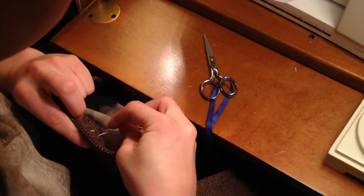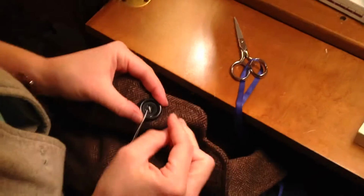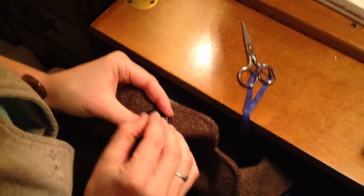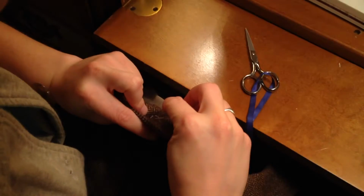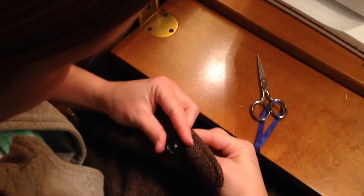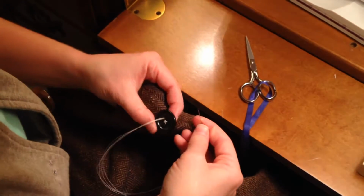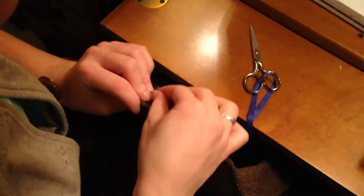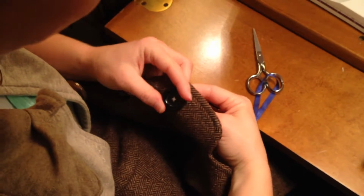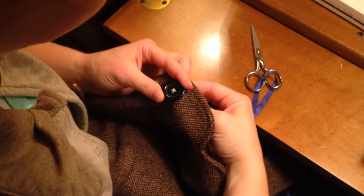So to continue the pattern, we'll go on the opposite corner, checking, and on the diagonal. With double strand, you only have to sew through each side 2 to 3 times. This is the third time on this side. So once we sew through this diagonal,